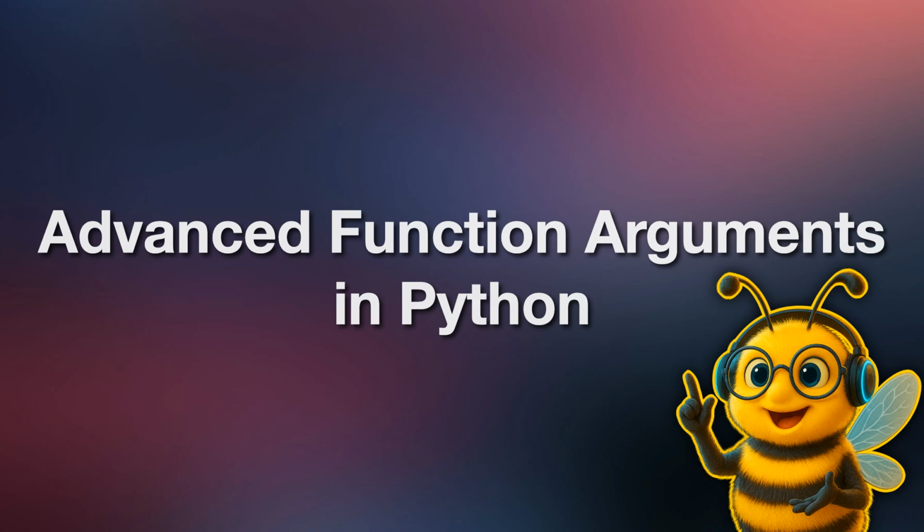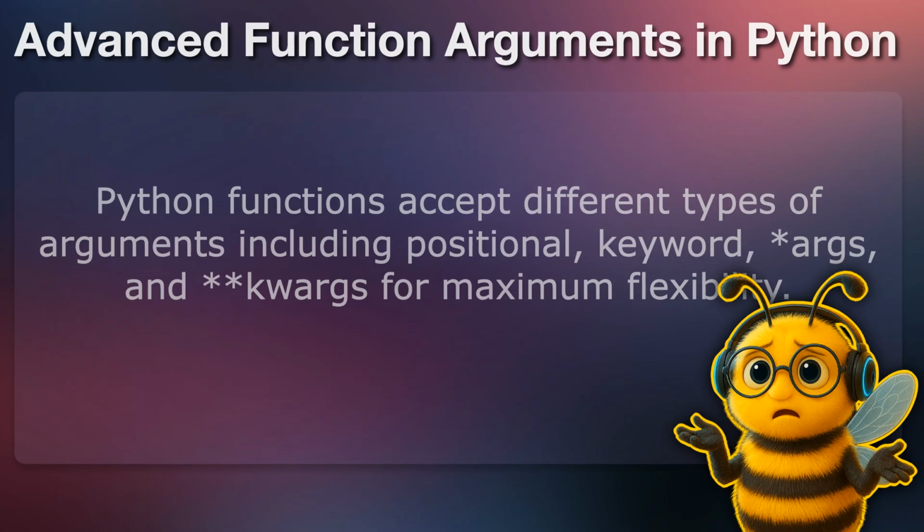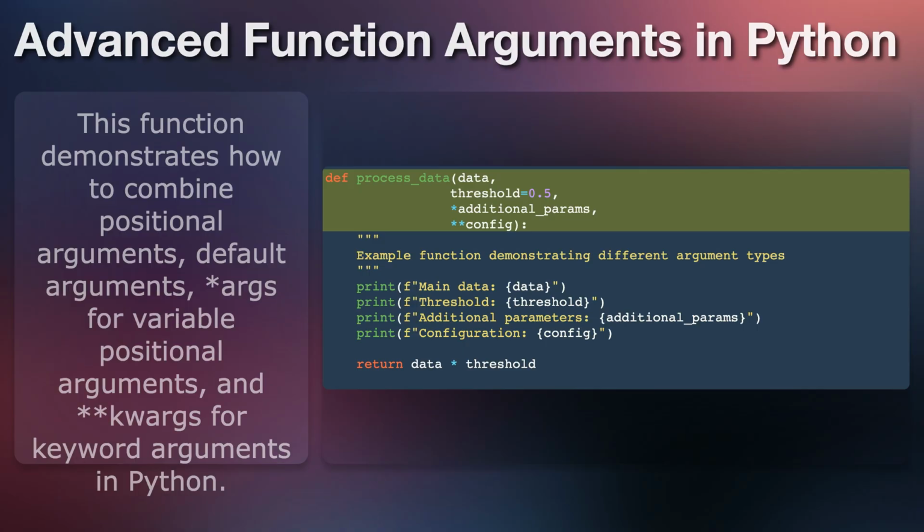Let's explore some of Python's most powerful tools for flexible function definitions, focusing on advanced function arguments. Python functions accept different types of arguments, including positional, keyword, *args, and **kwargs for maximum flexibility. This function demonstrates how to combine positional arguments, default arguments, *args for variable positional arguments, and **kwargs for keyword arguments